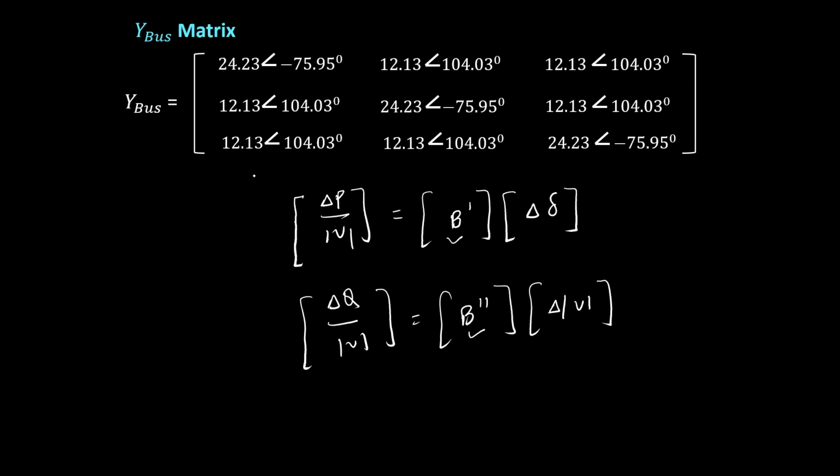So for that we need to represent this Y bus matrix in terms of the rectangular form. But while calculating the B prime and the B double prime matrices, we have to take some assumptions. What are the assumptions? One of the assumptions that will be applicable for our problem is that we are not supposed to consider the effect of the shunt admittance. That means we have to calculate the diagonal quantities by eliminating the shunt admittance part. Okay, so you have to recalculate the diagonal part alone. Then you have to convert this Y bus matrix into the rectangular form. Okay, so let us do that.